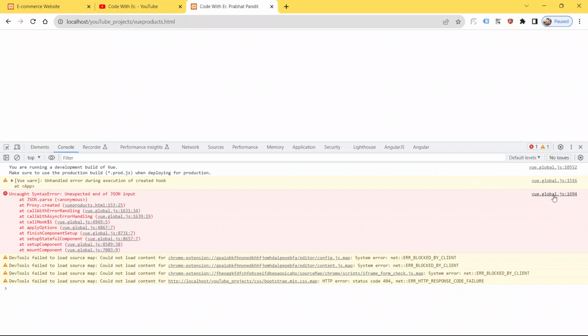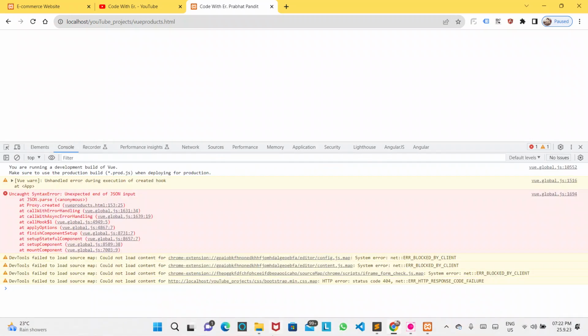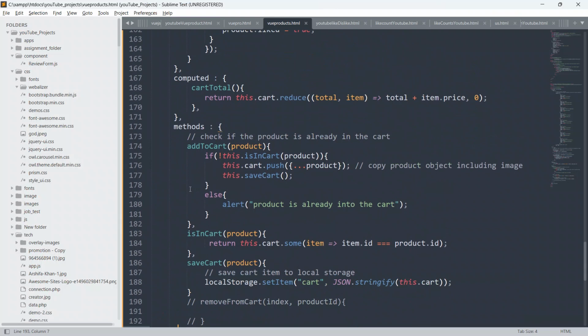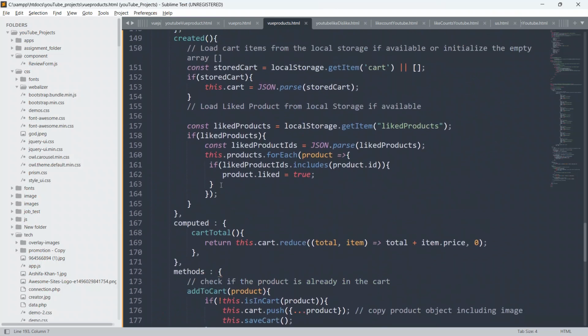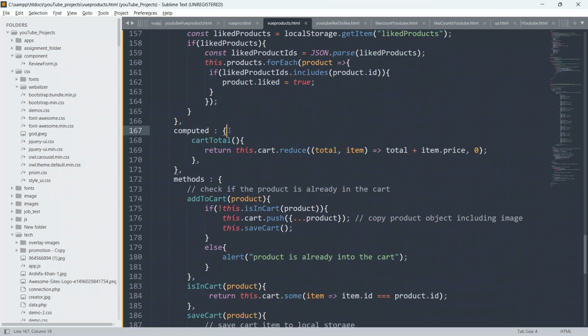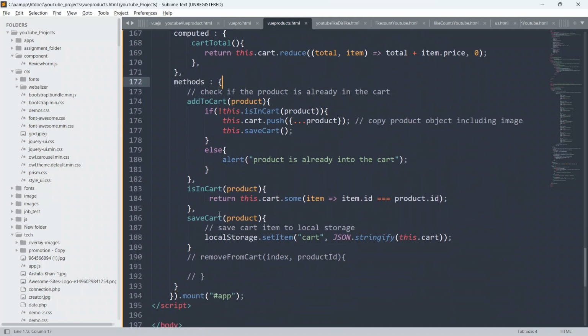Go to the developer tool again, and what is the error, guys? Just go to the code. So created, computed and methods. So what is the error, guys?